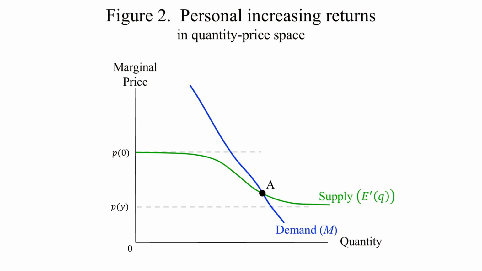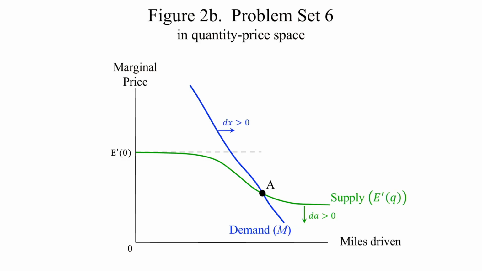Like they can push down the price at an individual level. Yes. We will come back and talk about the market, but the title of this lecture was Personal Increasing Returns. So we're talking about individuals, yes. And maybe for that reason I shouldn't call it a price, I should call it the marginal cost. But yes. Okay, now I want